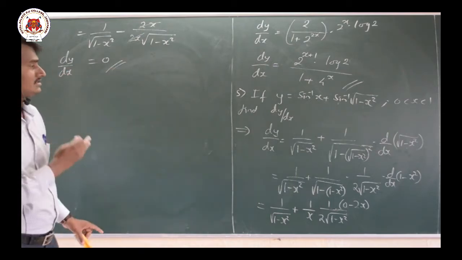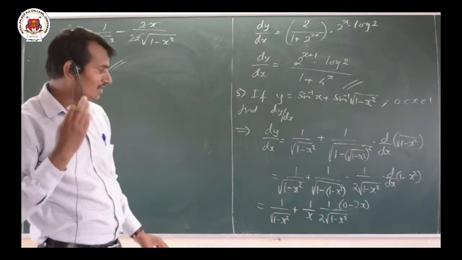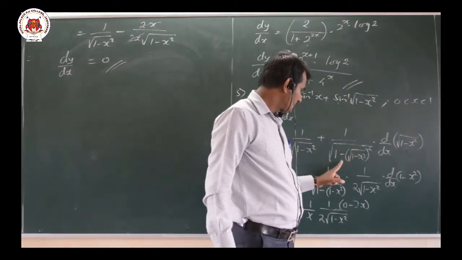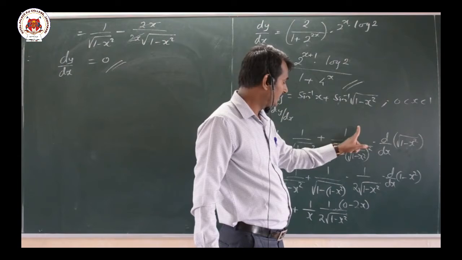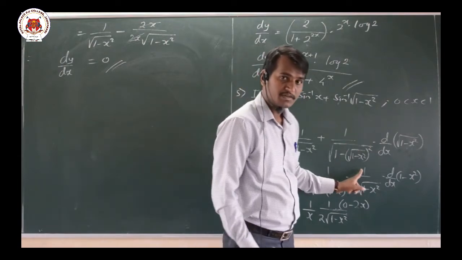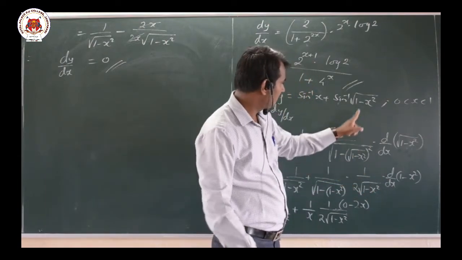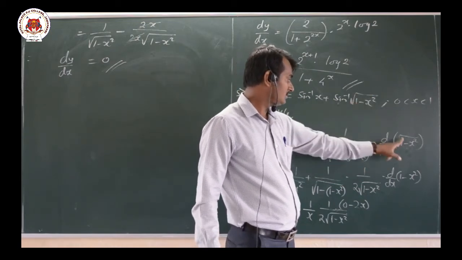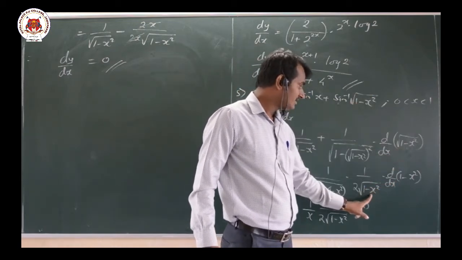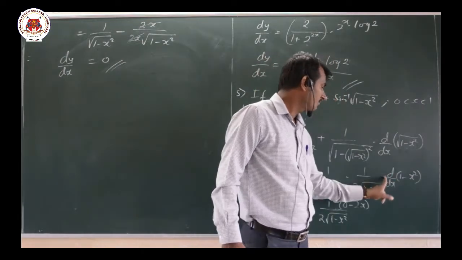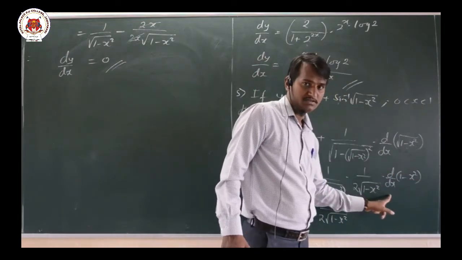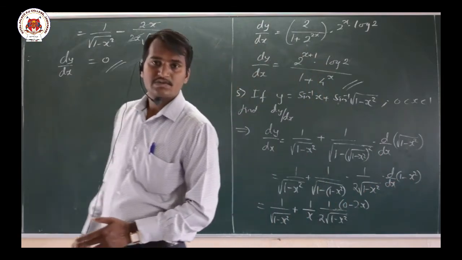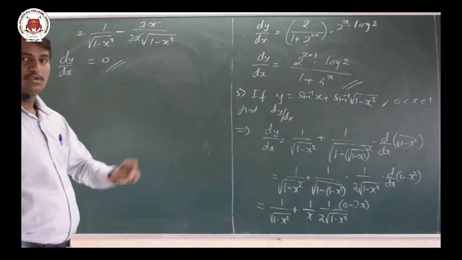That means to get the 0 we have to do the whole exercise here. One more thing here, the majority of mistakes happen here. You are differentiating sine inverse of this value, which will be 1 divided by root of 1 minus x square, where x square is nothing but root of 1 minus x square whole square. Further differentiation of this part is 1 divided by root of 1 minus x square. You are leaving this term out. Many of the students make the same mistake here. Dear students, please pause the video to note it down.